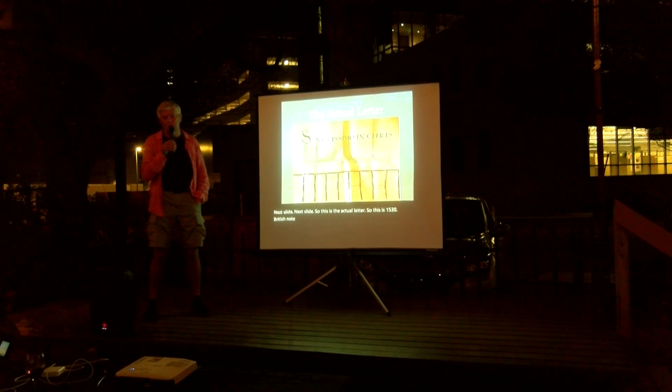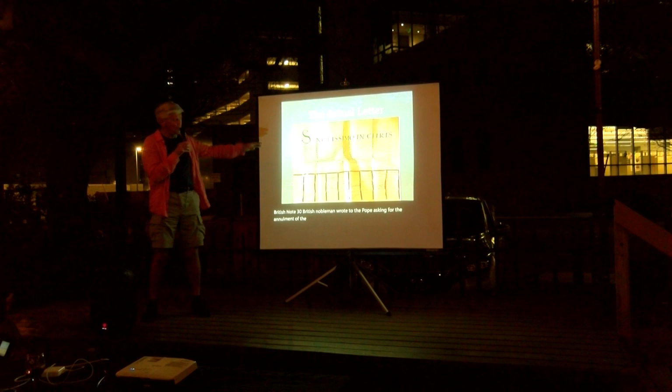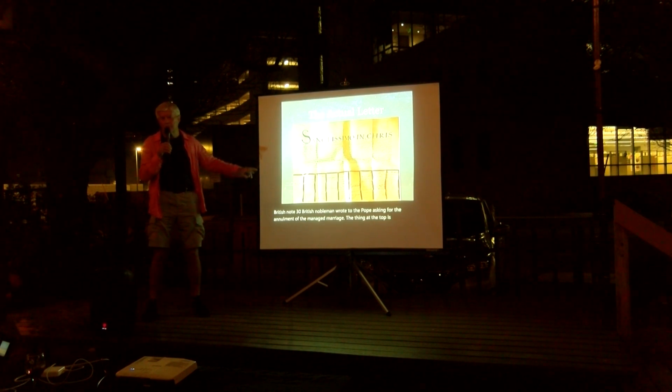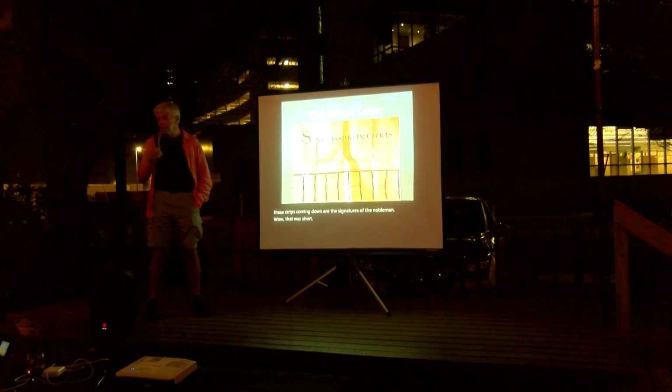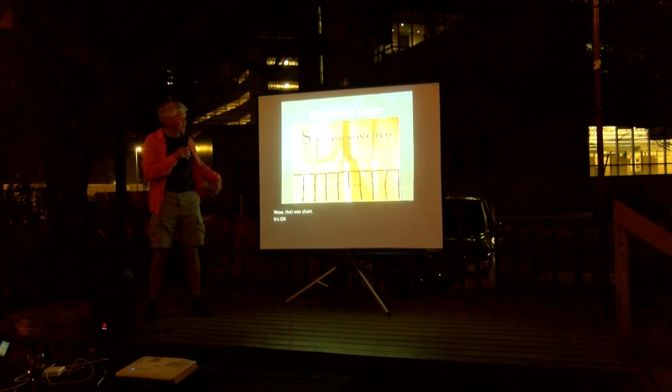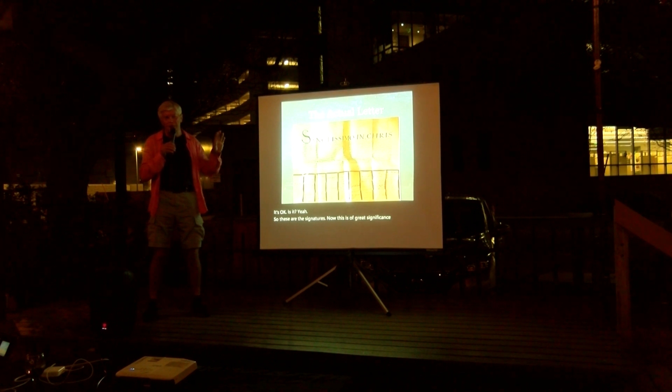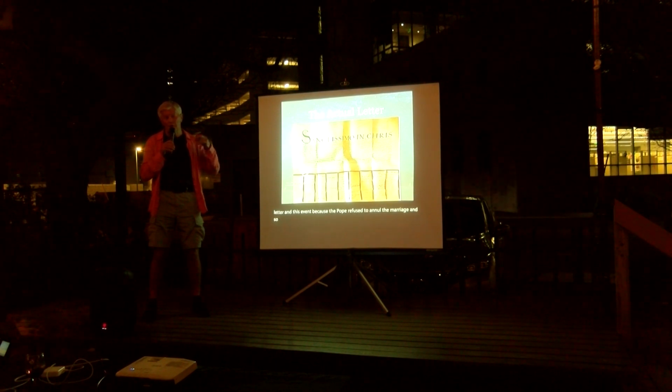30 British noblemen wrote to the Pope asking for the annulment of the marriage. The thing at the top is the letter, and these strips coming down are the signatures of the noblemen. Now this is of great significance because this letter and this event, because the Pope refused to annul the marriage. And so Henry basically took the Church of England away from the Catholic Church, declared himself the leader of the Church. The Church of England was very tolerant of other...